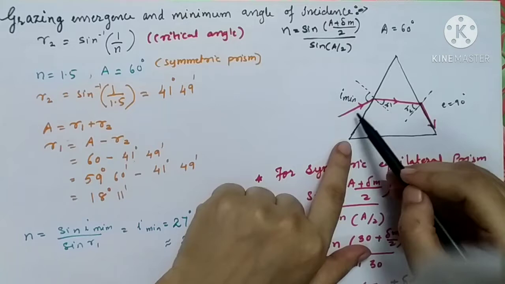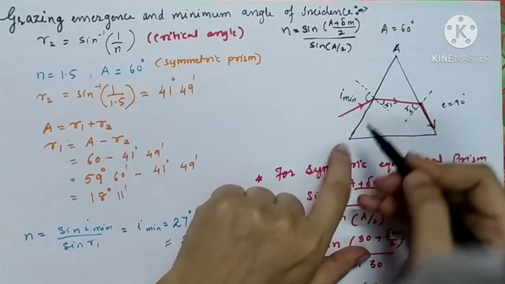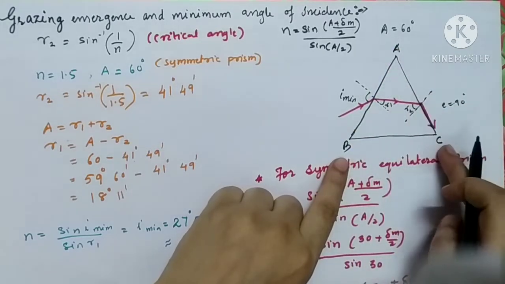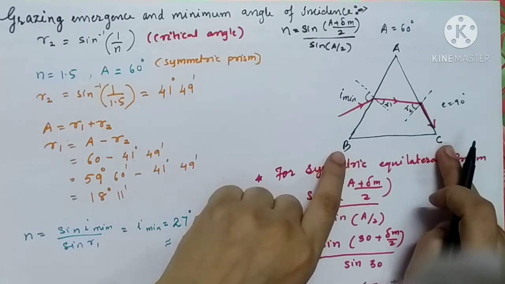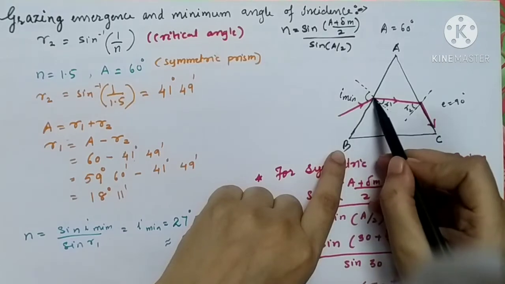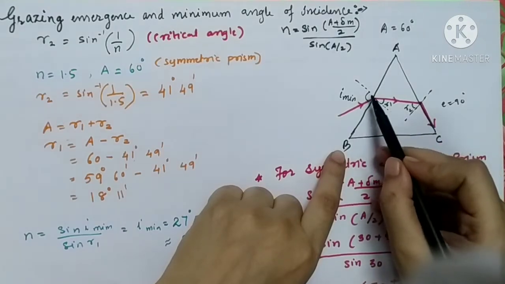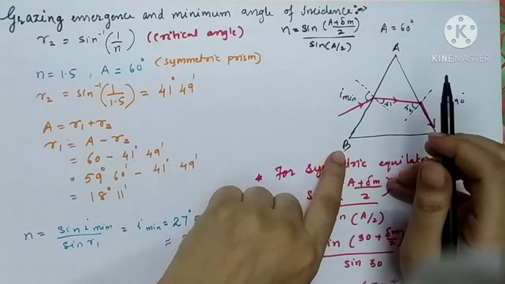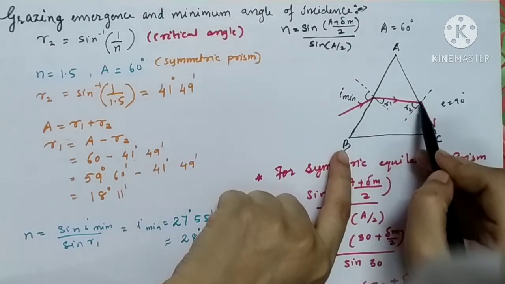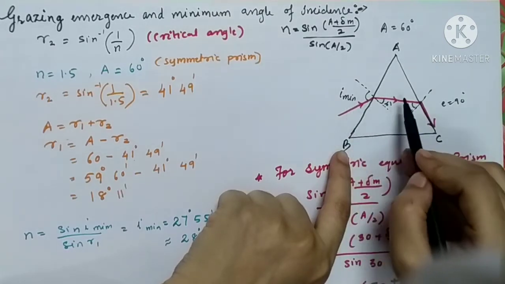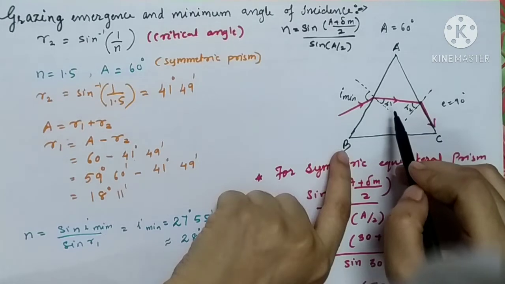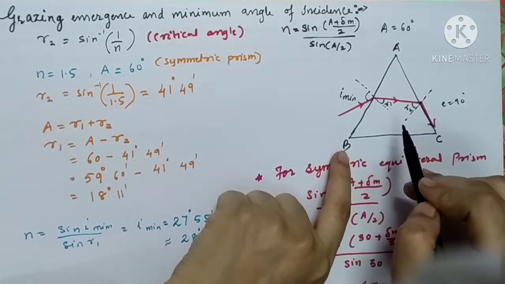Now let us consider one incident ray. Let's give names to the vertices A, B, C. As you already know, sides AB and AC represent the two refracting surfaces of a prism and BC represents the base of the prism. Let's draw the normal to measure the angle of incidence. Obviously this incident ray is going to be refracted inside the denser medium. Since the light is passing from rarer to denser medium, it will be deviated towards the normal. So let R1 be the first angle of refraction.